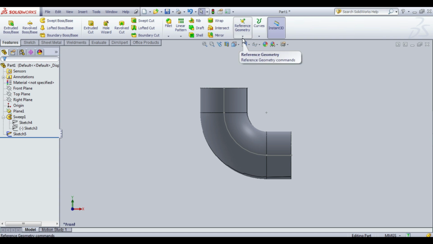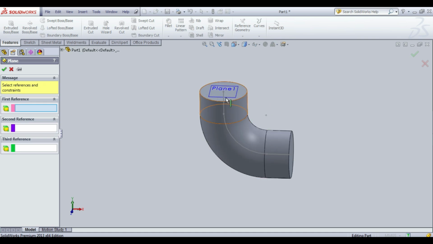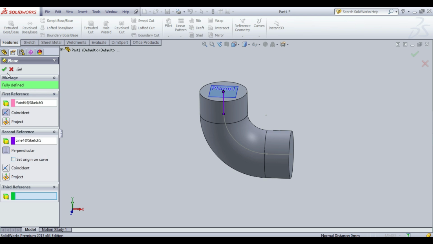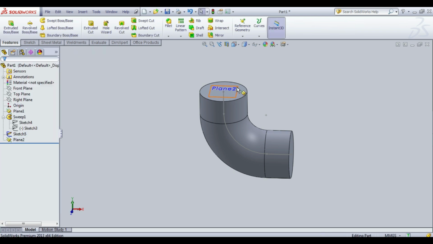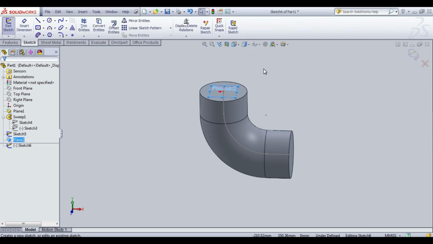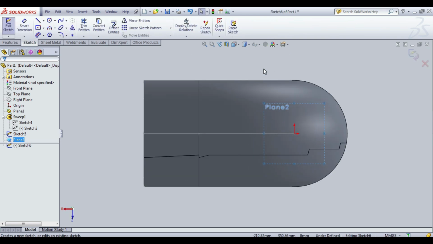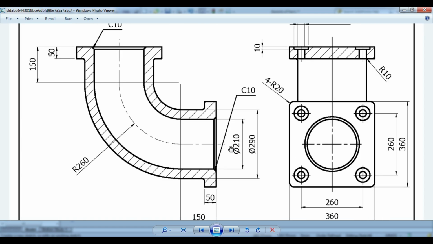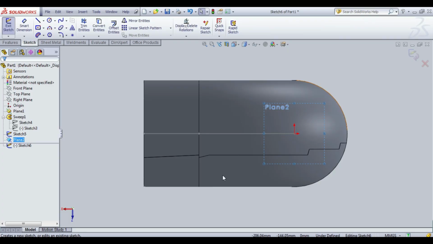Again click reference geometry. Click plane. Again click the point and vertical line, planes created. After that, click the plane, edit sketch. Before, we gave the OD of the pipe. At this time we give the ID of the pipe, dia 210.